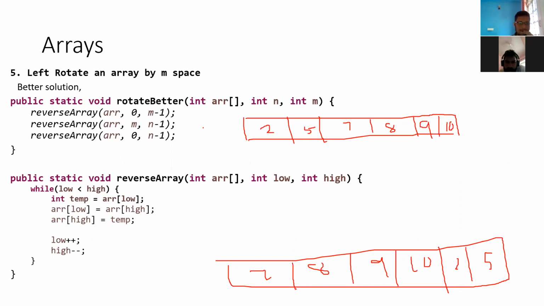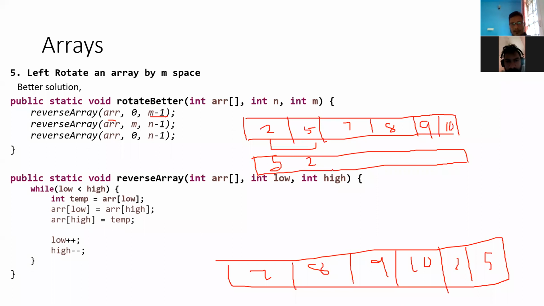You know the m, right? M is 2 here. Starting with the array, first you just swap these two places. m is 2 means m minus 1 is 1, so from index 0 till index 1, you can reverse the array. Reverse array we already saw, you can just change left and high. Similarly, in the first step, your 5 will come here and your 2 will come here, and the remaining things will remain the same.